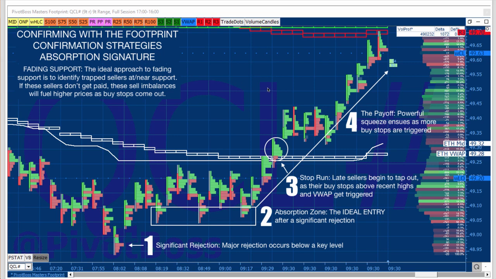So this is a powerful way to confirm your entries, and it's a way that we really didn't have a long time ago, especially when I was trading in the mid-2000s. I mean, this technology came out with Market Delta 10 or 12 years ago, but wasn't popular enough for me to know about it, at least. And it wasn't until probably 6 years ago or so that I came into it.